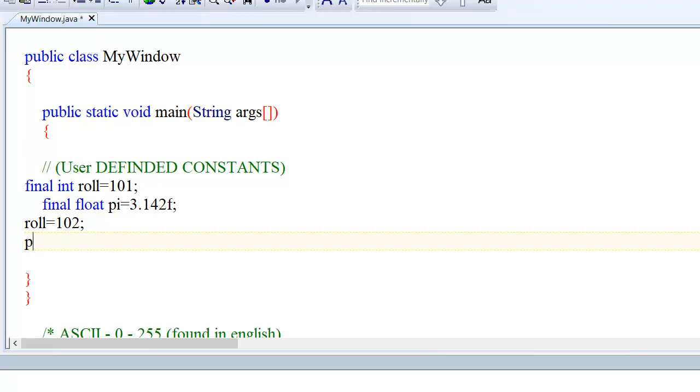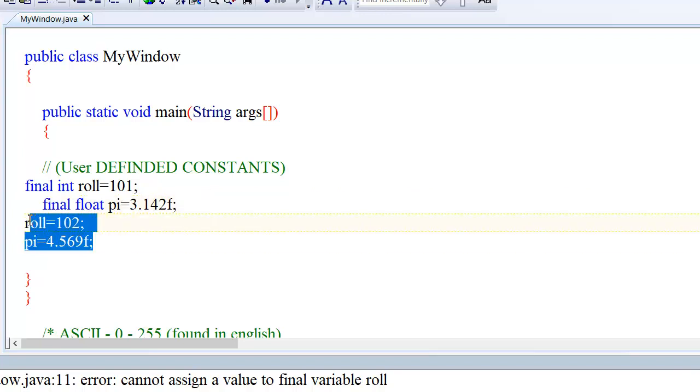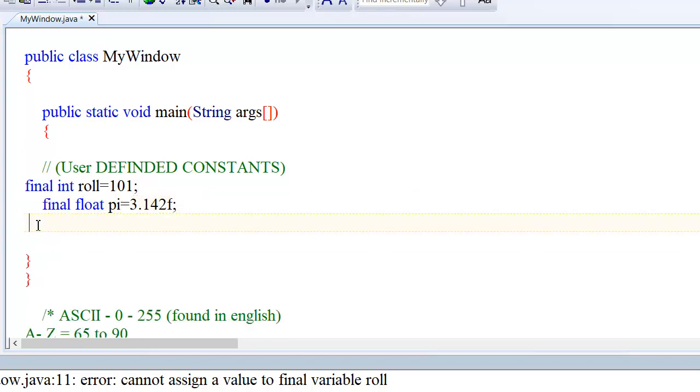Also pi equal to 34.56f, this we cannot do because there must be an error, since a final value cannot be changed. Okay, we will learn more details about final later, but keep in mind the final keyword also defines the variable as a constant. And why the const keyword is getting an error, I will check out and explain.